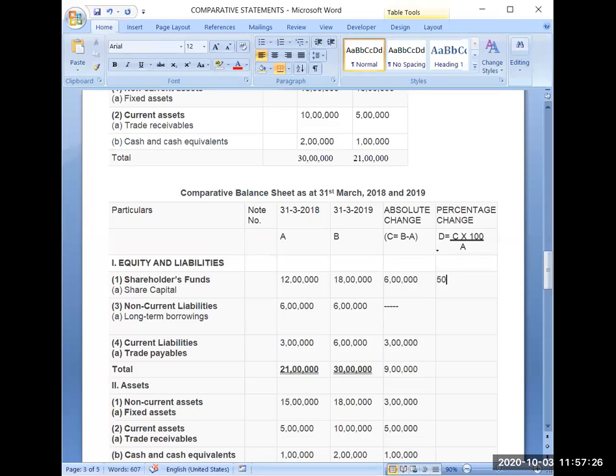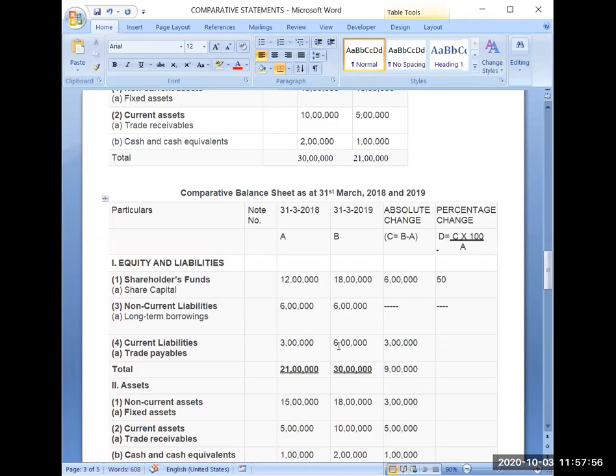Now I want to verify in exam time whether I am calculating it correctly or not. So you can simply check: 12 lakh, and half of it will be 6 lakh. So half of it means what? 50%. So simply you can do that also. Now 6 lakh upon, there is no change. So it will be again nil. Percentage change will also be nil.